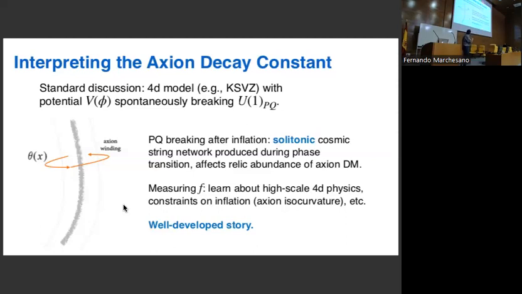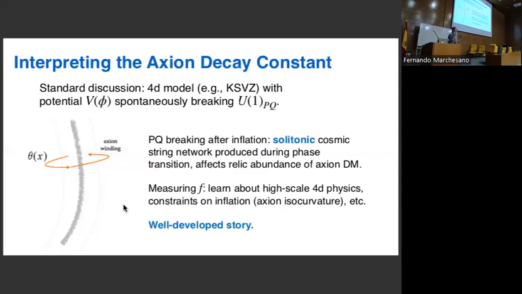Again, there's some Kibble-Zurek mechanism that generically forms topological defects during phase transitions, and would form a lot of these strings. They can affect the abundance of axion dark matter. People study this a lot. And in such a model, if you could measure f, which we could do if we discover an axion and measure its coupling to photons or gluons, what you would learn is the scale where this happens,